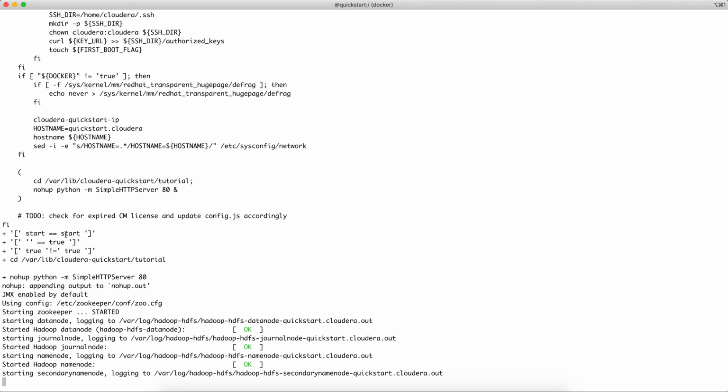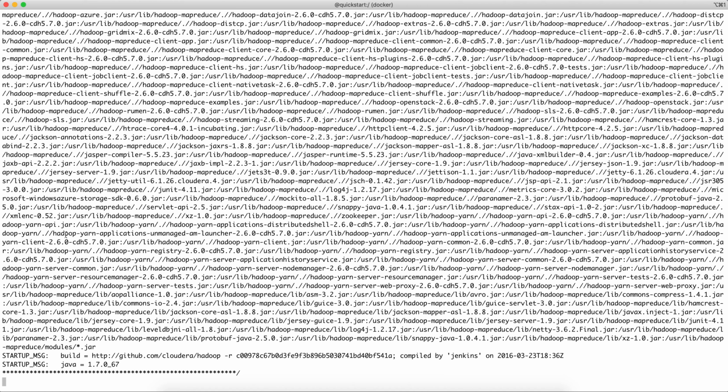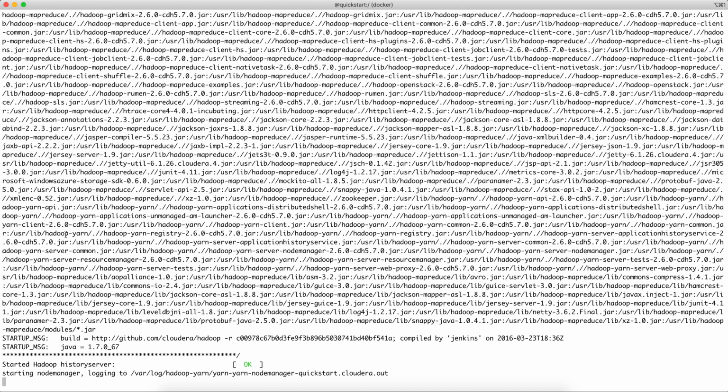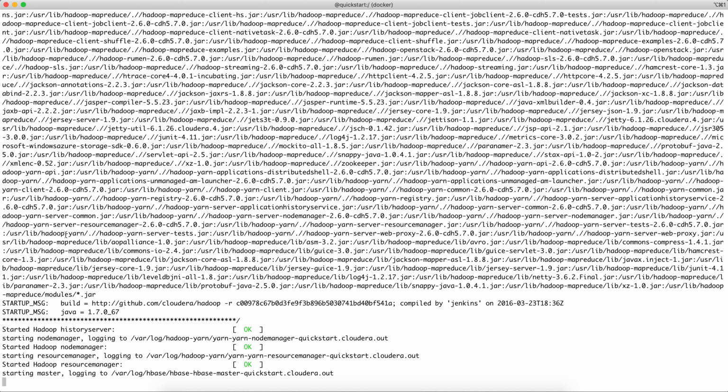So basically, as I earlier mentioned, this Docker Quick Start image contains all the necessary infrastructure to start big data development. Applications like HDFS, Hive, HBase, Spark, Zookeeper, all these things are pre-configured in this Docker box. And what it is doing currently is starting those services.